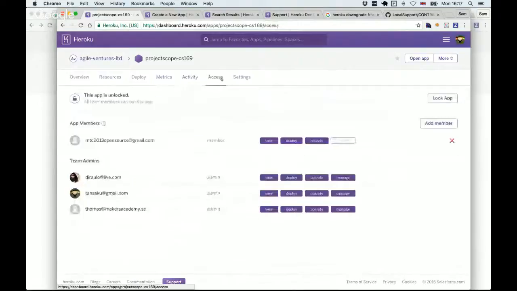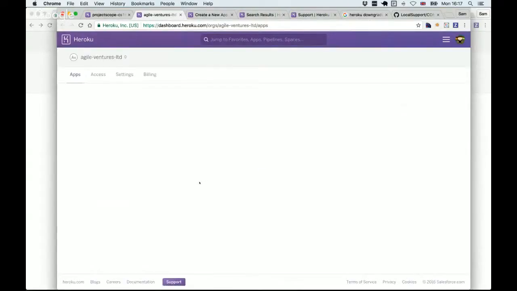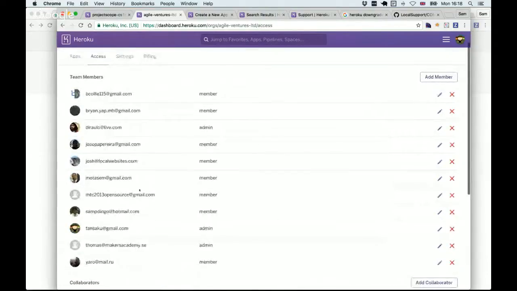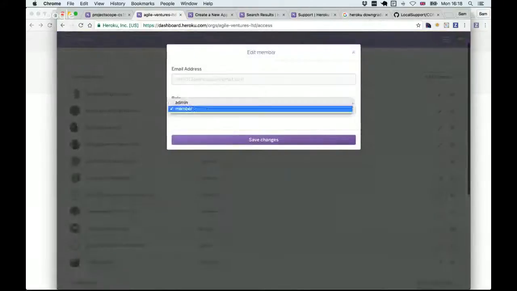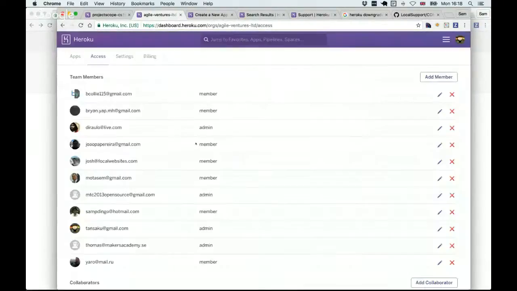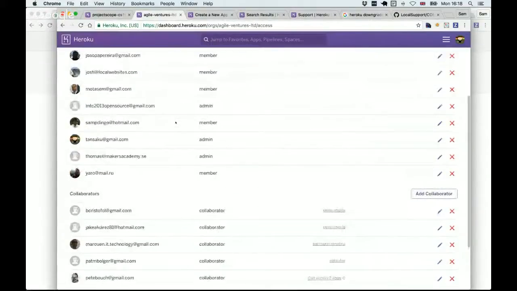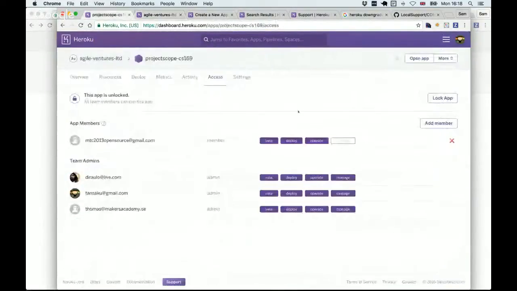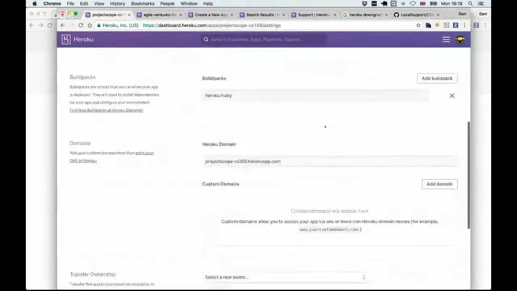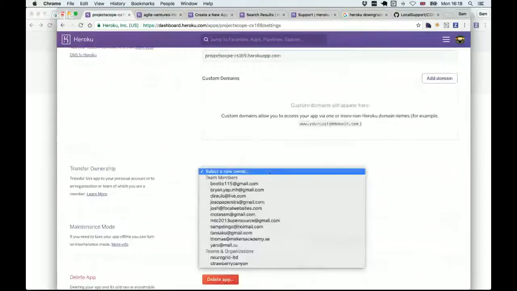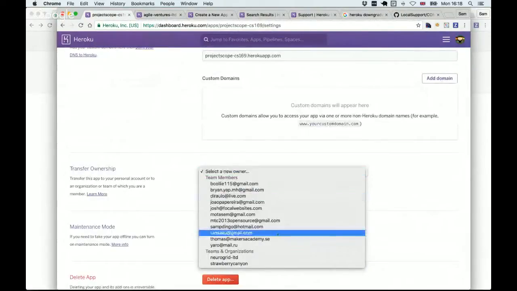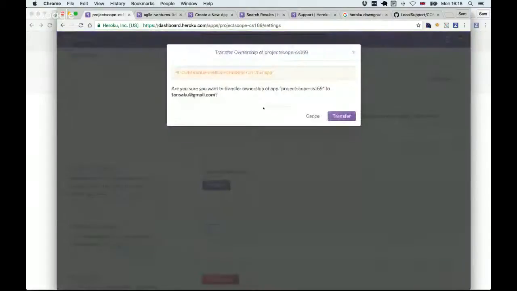No. Right. Yeah, see, anyway, what I should do is add you as an admin. Access. Team members. Let's make you an admin so that you don't encounter those problems again. So we've got the team. Go back to here. Settings. So for customers, select a new owner. If I just transfer it to myself,